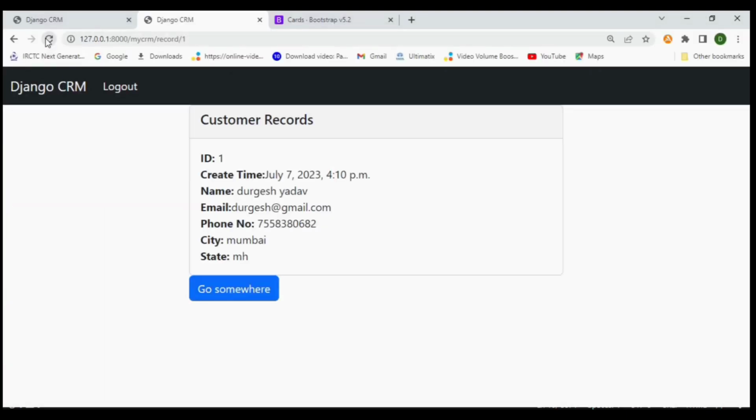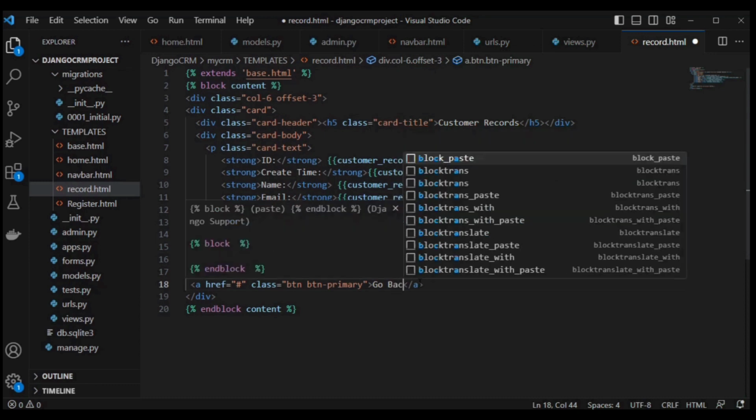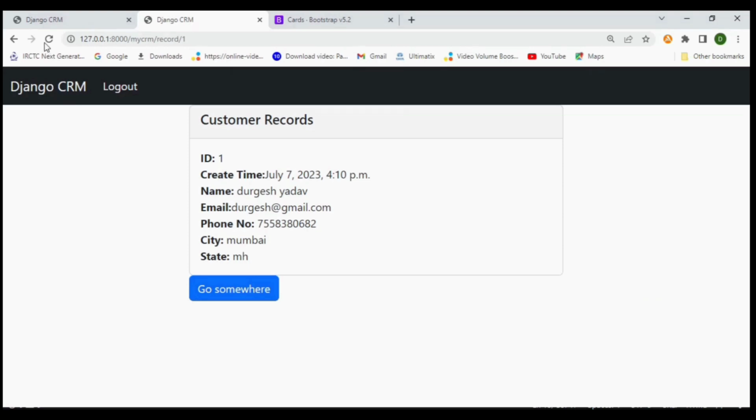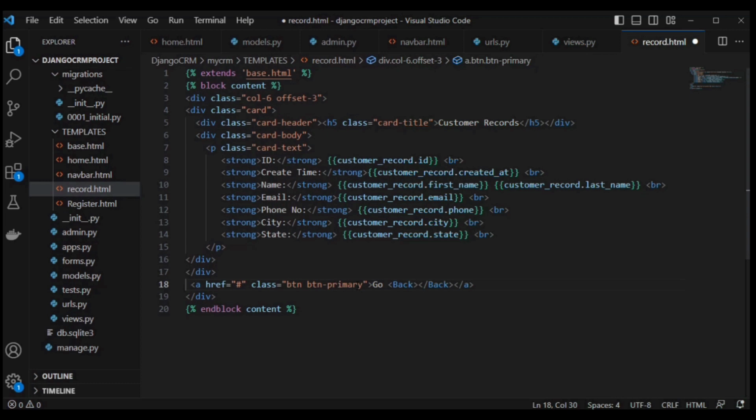Then Control S and go to the browser and refresh. Yeah, our data is displaying in very good format. So one second, this go somewhere button I want to change. For that, go to the records.html page and in place of go somewhere type go back. Yeah, then go to the browser and refresh. See, go back is showing, but I want to change the color. I don't want blue color. So for that, btn, then secondary, Control S,